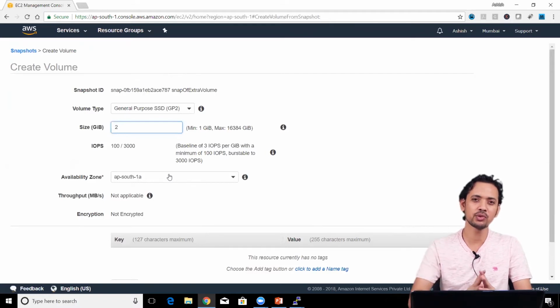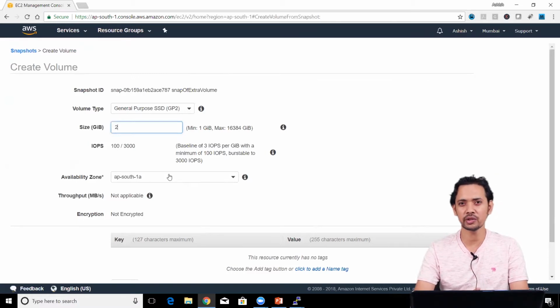And also, if you think about it, this is how you move your data from one availability zone to another. If you've got a use case where you have data on one EBS volume which is in availability zone A, but now you have to move that into availability zone B, you cannot of course move the volume. The correct way to do that would be to convert that into a snapshot and then recreate another volume in that